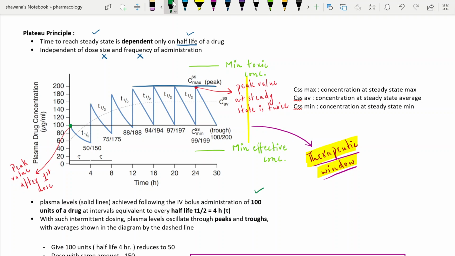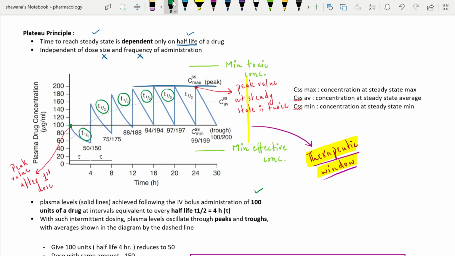We are administering an IV bolus of 100 units of the drug, and we are administering that drug after each half-life. After each half-life, we are administering the same amount of drug into the systemic circulation via the IV